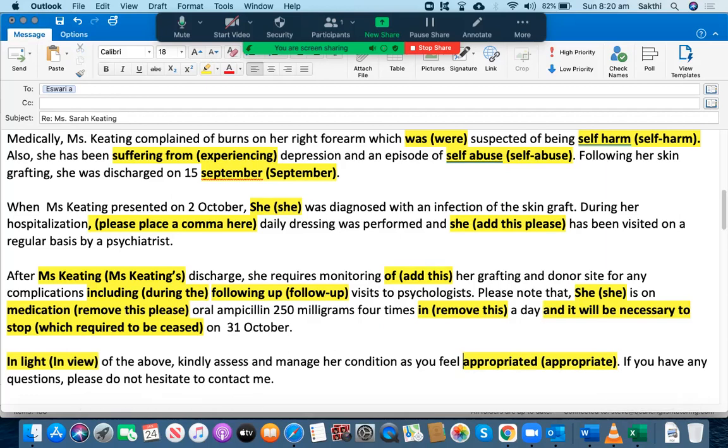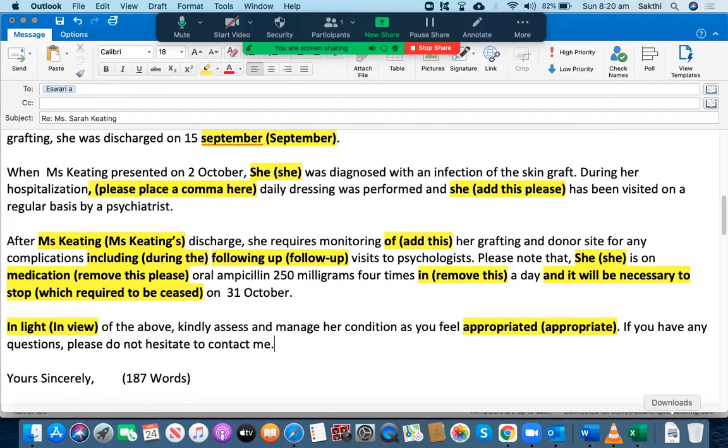If you have any questions, please do not hesitate to contact me. So "appropriate," that's okay, "as you feel appropriate, and provide." Okay, so it's better to, because she requires both the further evaluation and management, isn't it? So she has mentioned it here. That's good. If you have any questions, please do not hesitate to contact me. Yeah, that's all right. But for some sentences, she used the active voice instead of the passive